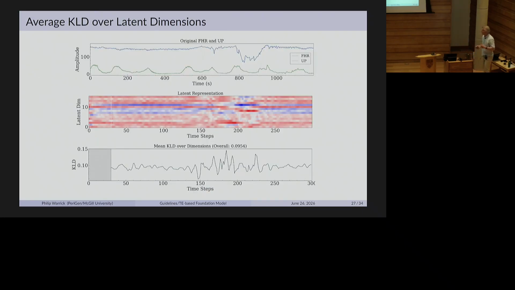Here's an example, a latent representation for 20 minutes. You see that something's happening in this deep decel that's showing up in some of the dimensions. I skipped over the fact that the latent dimension is about 16 dimensions and 300 time steps, and we also can track the instantaneous KL or transfer entropy surrogate.